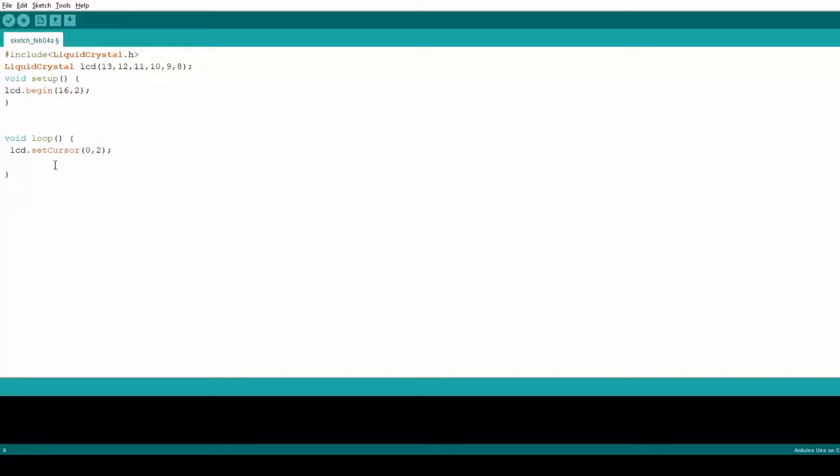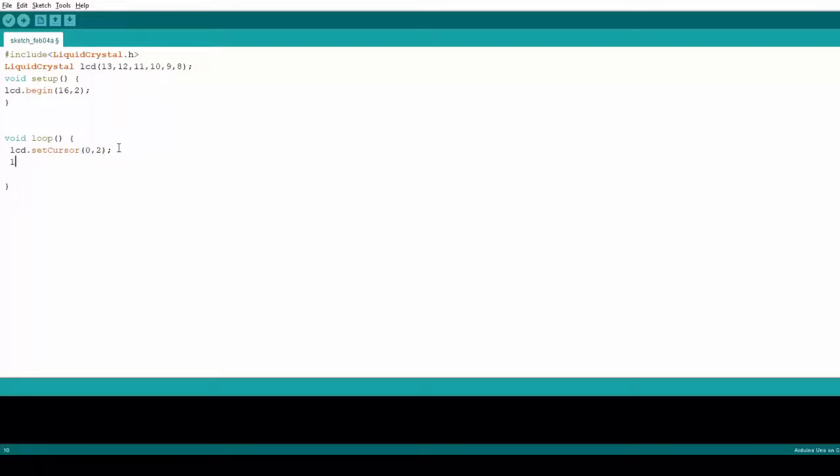What we give to lcd.print is shown at the 0th column, second row. That's why we include lcd.setCursor. As I already said, it has 16 columns and 2 rows, so 32 characters can be displayed. So lcd.setCursor 0 comma 2.